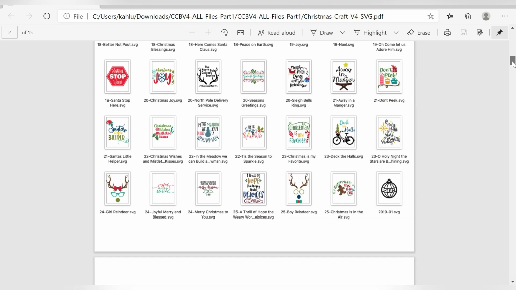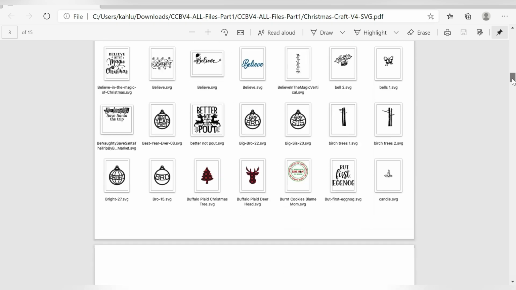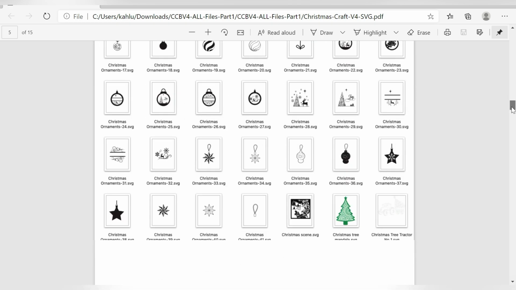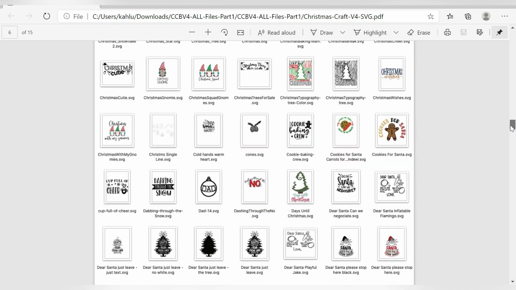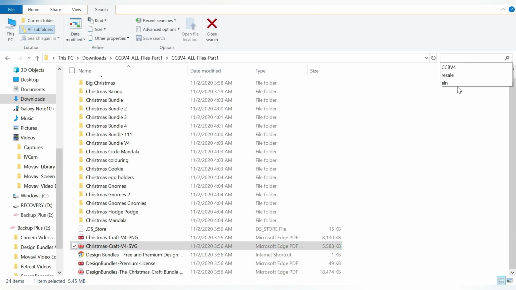So let's scroll down. Let's say I want to use, well, I'm trying to think. There is one that I want to use. It's called Baking Spirits Bright. Oh, you know what? Here we go. I really like this Christmas typography. So I know I would be able to just type in Christmas typography and it will come up. Let's minimize that, and I can just come straight over here and type in even just the beginnings of the Christmas typography. And if it's in this folder, then it's going to bring it up.